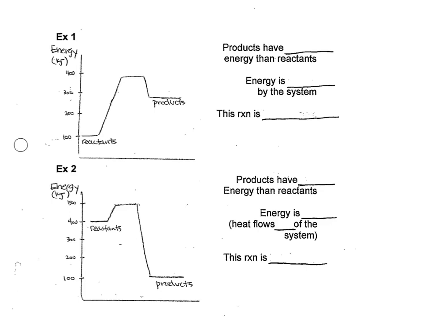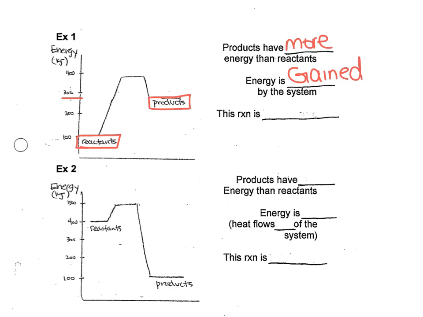All right, on this first one, we've got two examples. You should notice that we are starting at 100 for the reactants for how much energy they have, and the products are going to have about 300 kilojoules of energy coming out. So first question, products have more energy than the reactants, so that means that energy must be gained in the